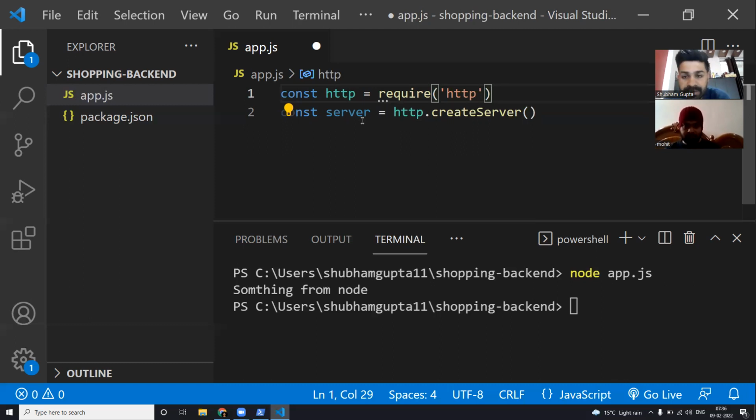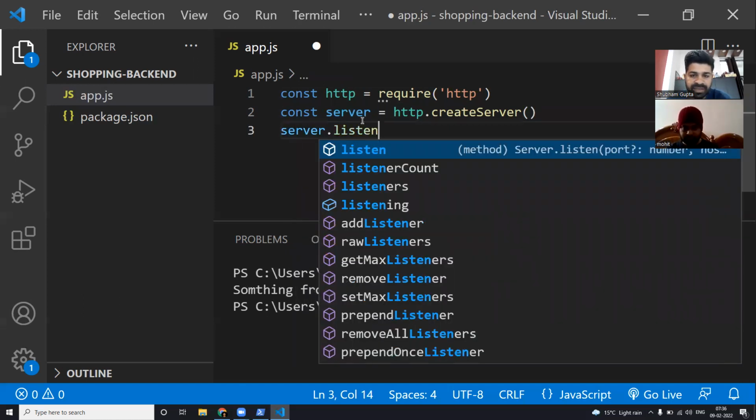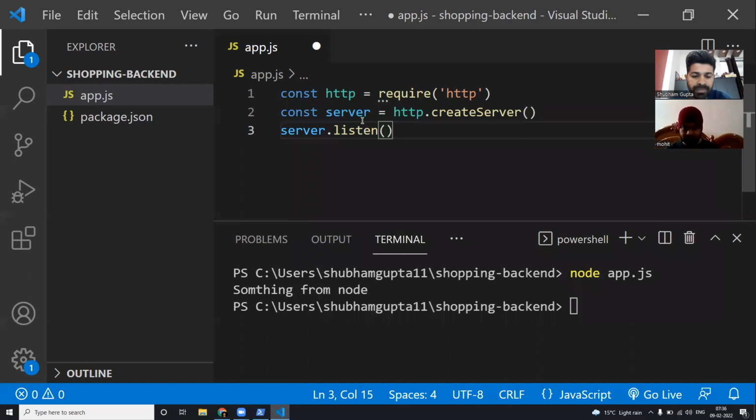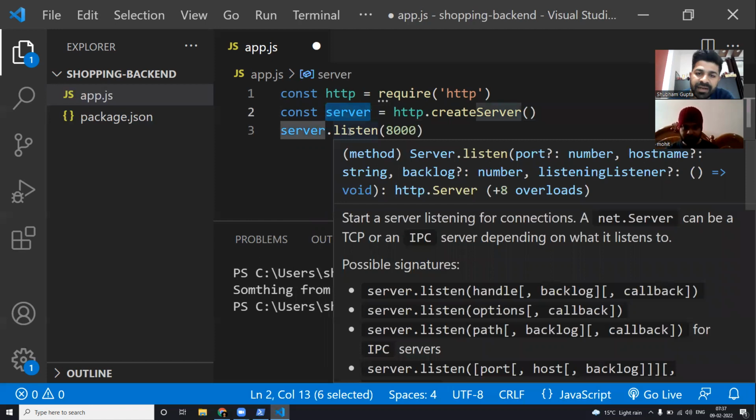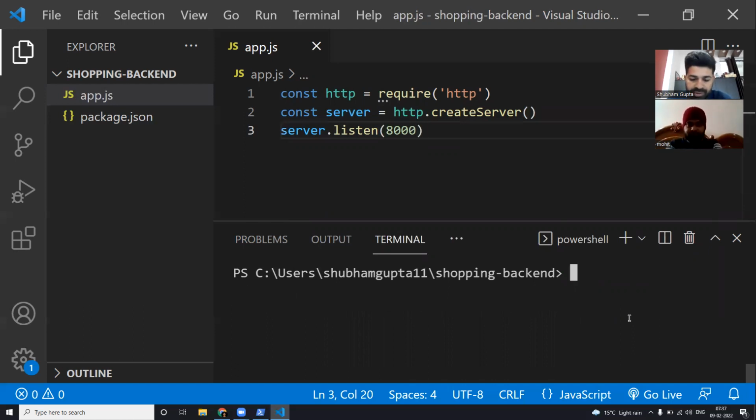Okay. So after this, I need to listen on this server on a particular port, and let's suppose that will be 8000. So by these lines, you have created your server, and now that server is listening at port number 8000. Perfect. Let's save this and run this. So node